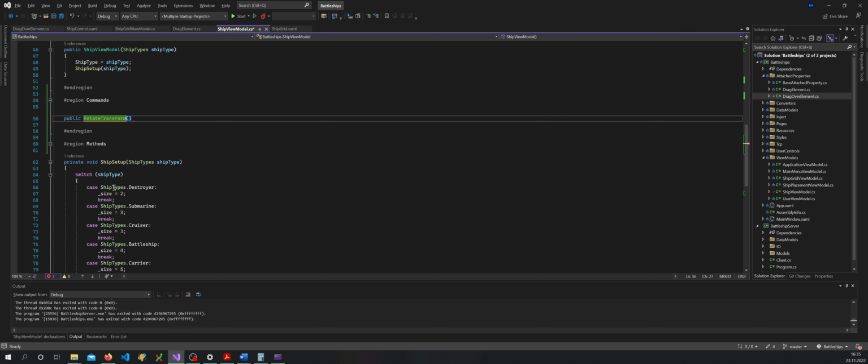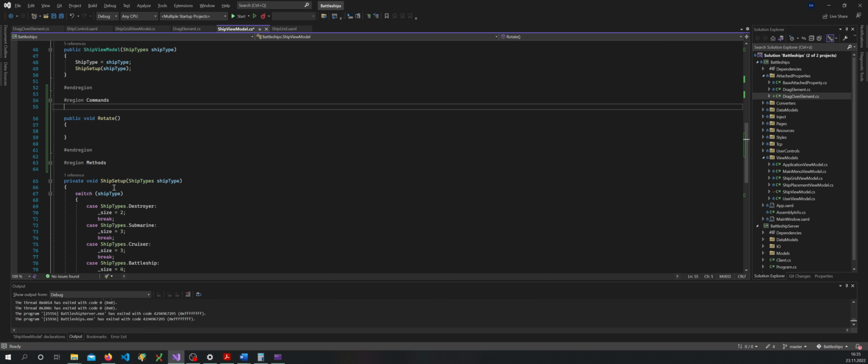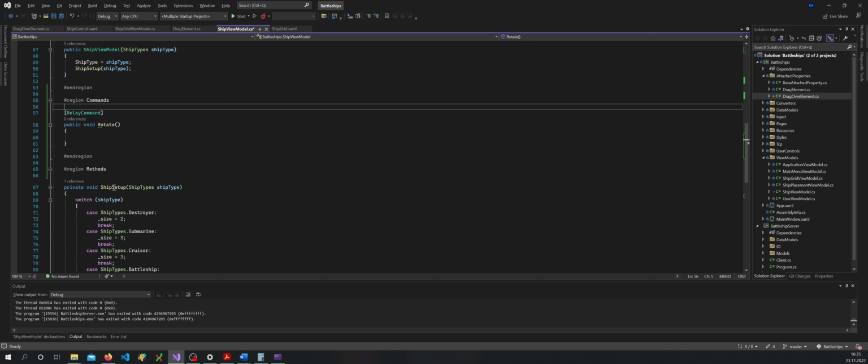No. Oh, it's a void rotate, of course. And then we'll declare it as a relay command. And if